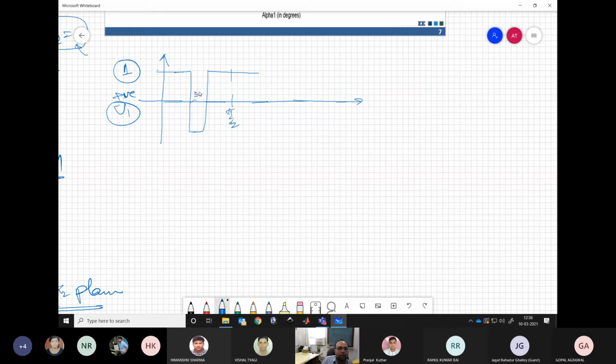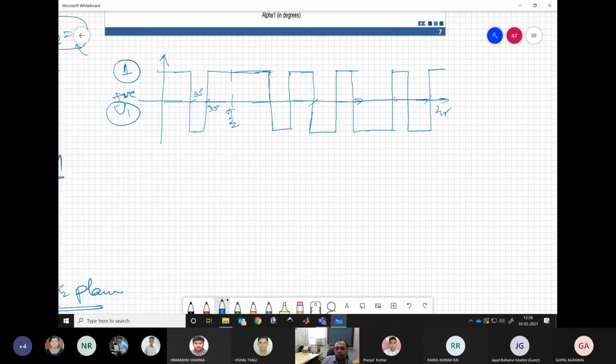So let's say this is 30 degree, this is 50 degree. So a 20 degree notch is coming over here, and again a 20 degree notch will come over here in the next quarter, and then at pi we switch down to the negative half cycle. Again we have a notch in the third quarter, and all these notches are 20 degree width only. And then again we have a 20 degree notch, and then going to the full cycle, this is where it repeats.